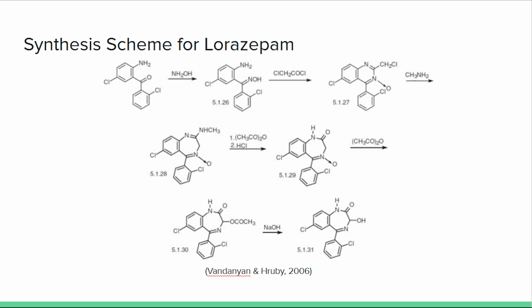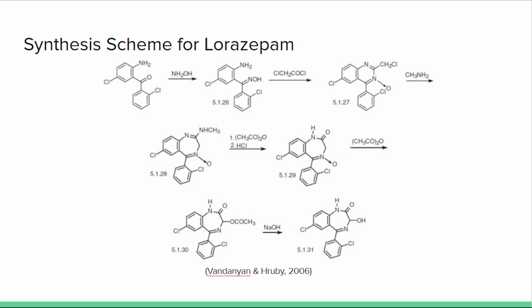The synthesis of lorazepam begins with 2-amino-2',5-dichlorobenzophenone, which is then reacted with hydroxylamine to produce this intermediate right here, which is further reacted with this chloroacetyl chloride, and then this undergoes a heterocyclization to produce a 6-chloro-2-chloromethyl-4-(2'-chlorophenyl)quinazoline 3-oxide. Afterwards, this is then reacted with a methylamine, which leads to a rearrangement and a ring